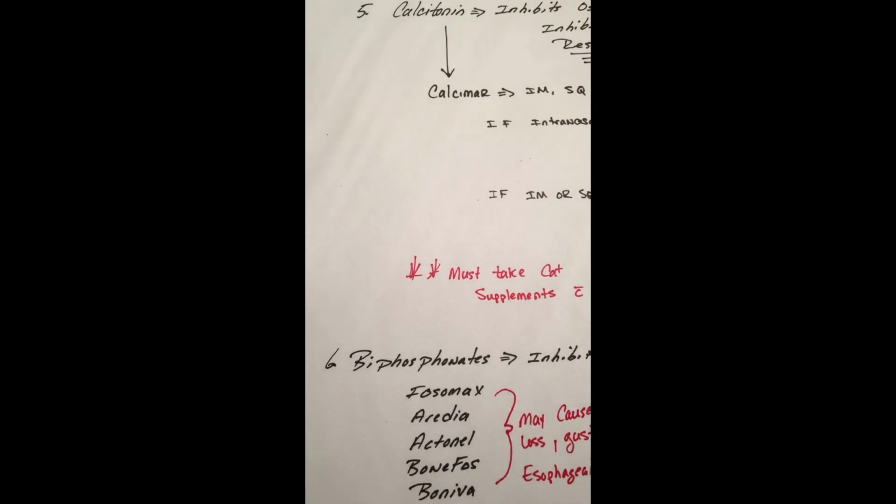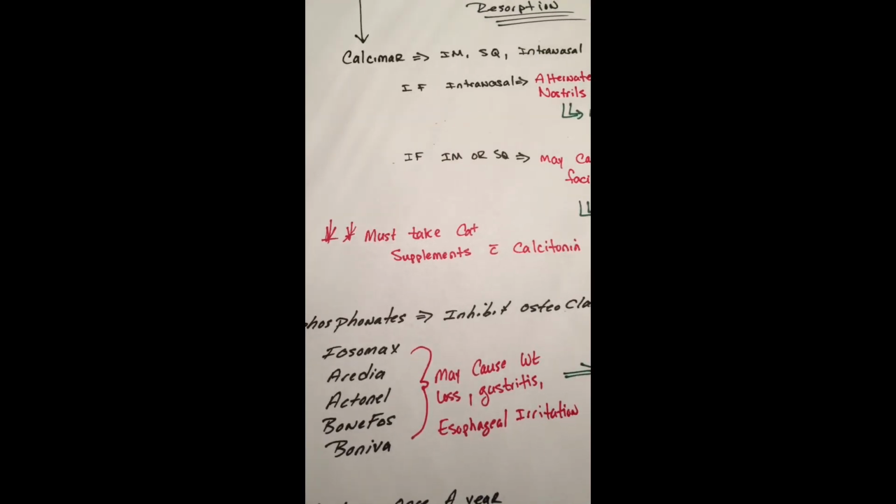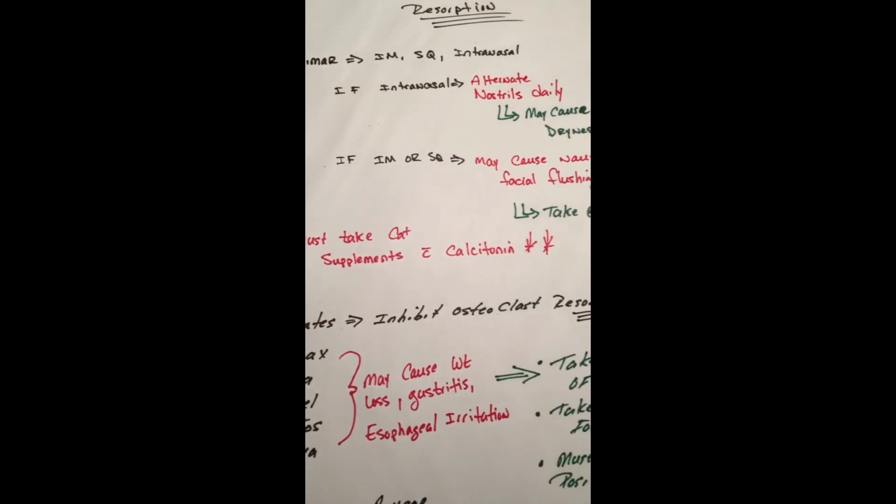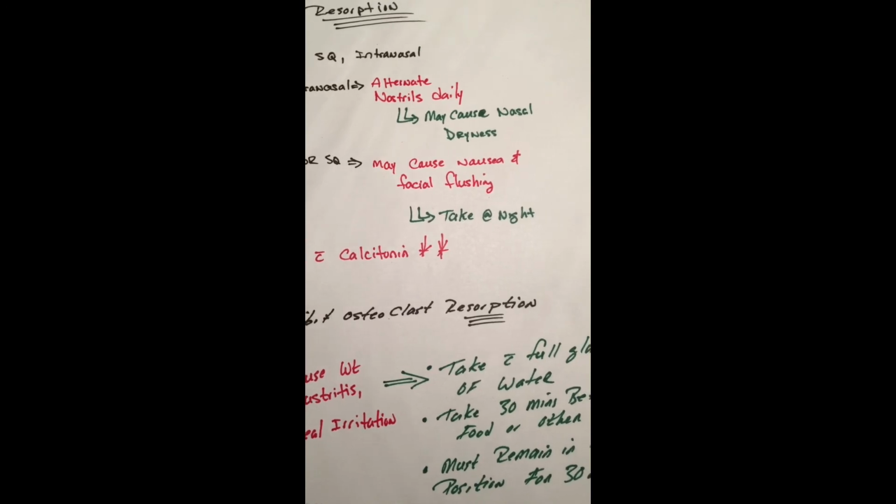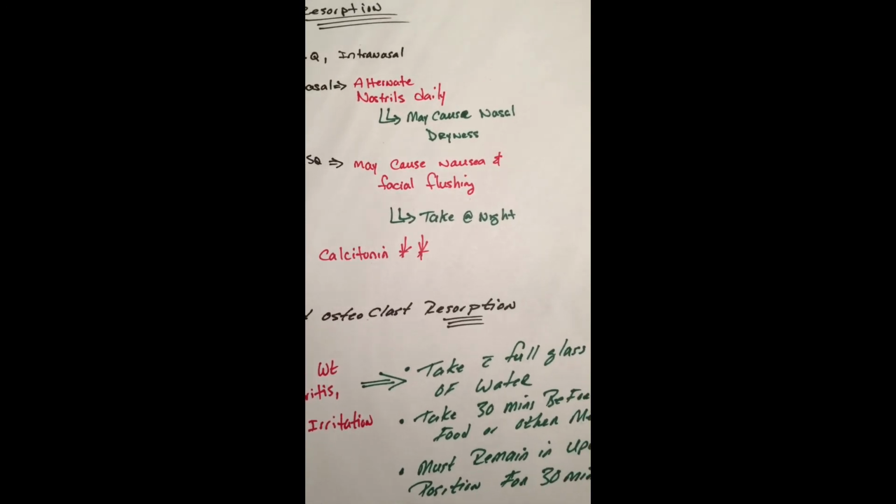Number 6, the bisphosphonates: Fosamax, Actonel, Boniva. Now, with the bisphosphonates, these may cause weight loss, or gastritis, or esophageal irritation. So you must know that for the NCLEX exam. Also, for the NCLEX exam, you must know to tell your patient, to educate your patient, to take the bisphosphonates, again,